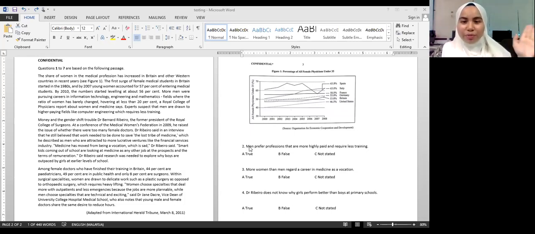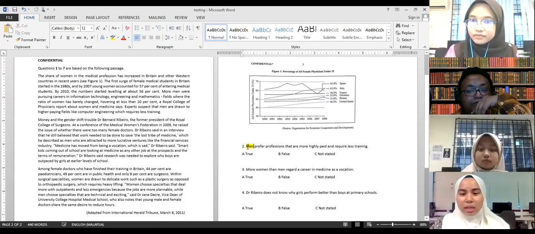So that was the first time I read it, and the second time I read it, what I have to do is underline the keywords. So what are the keywords that I can find in the statement? The keywords that I can find in the statement are firstly men, as in nouns, and second,